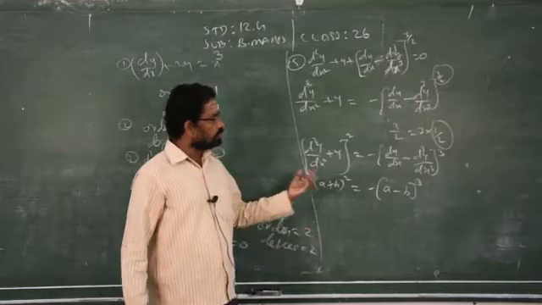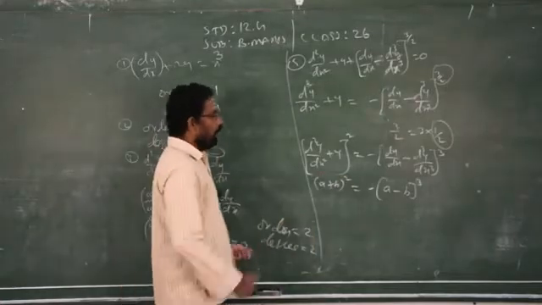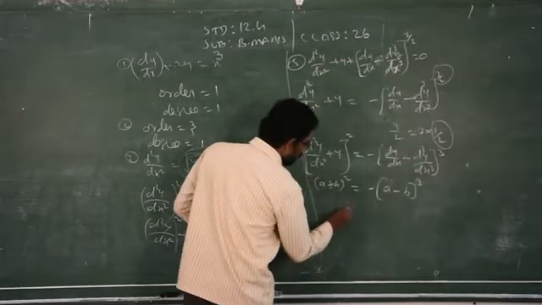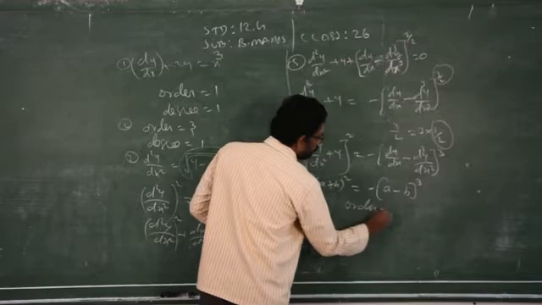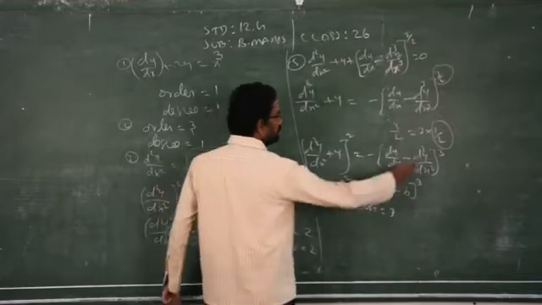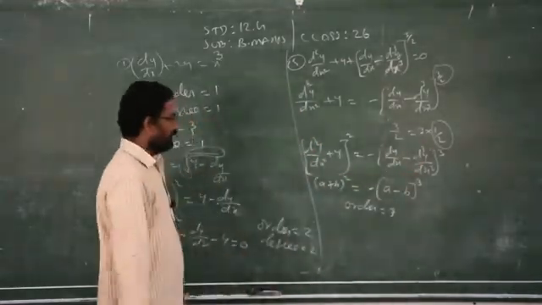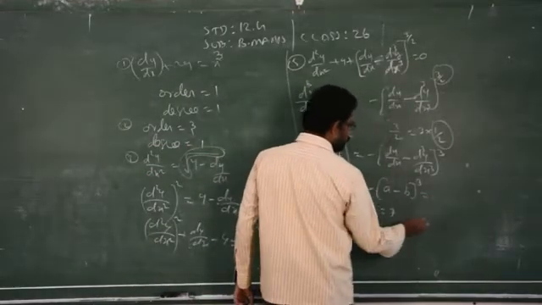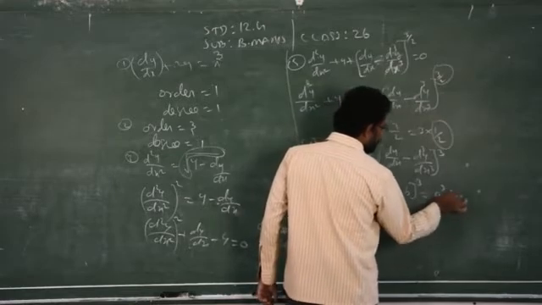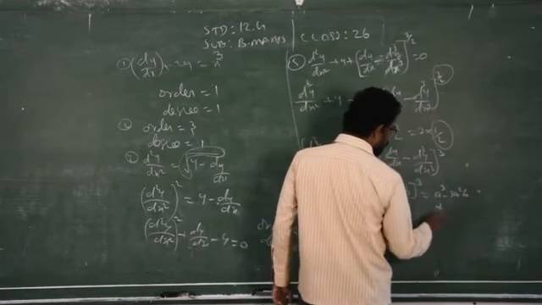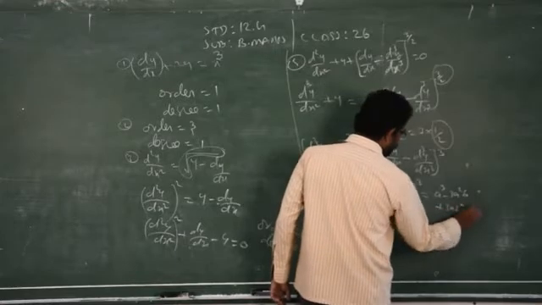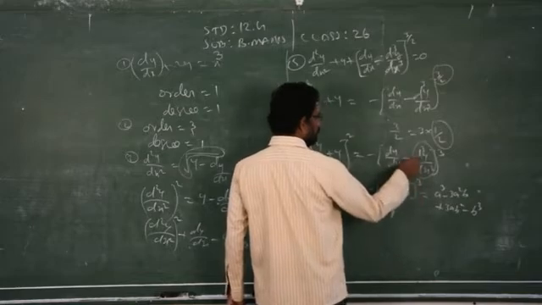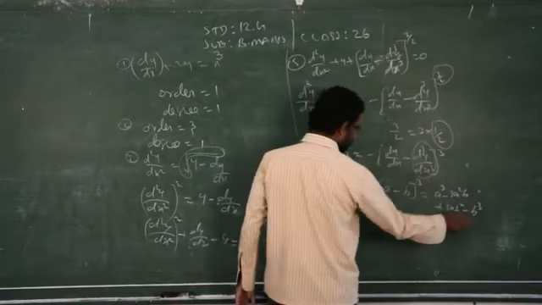After this, if it is a 2 mark question, straight away write the order and degree, because what is the highest order? 3rd order. So order 3. So what is its degree? What will come? That is a minus b the whole cube. So what is the formula for a minus b the whole cube? a cube minus 3a square b plus 3ab square minus b cube. So this is only b, isn't it? That is the maximum highest order. The power should come what? 3.